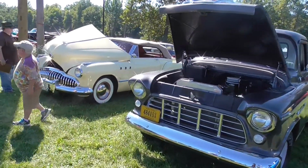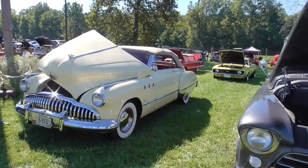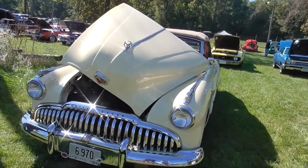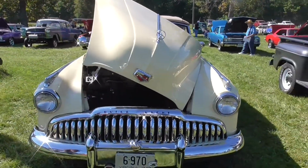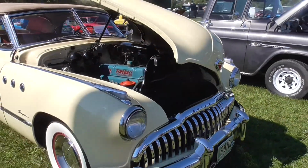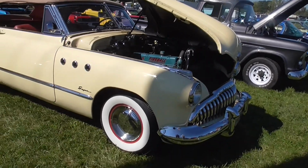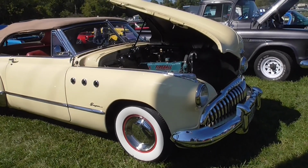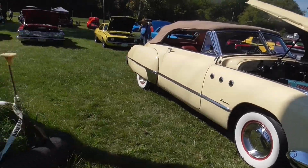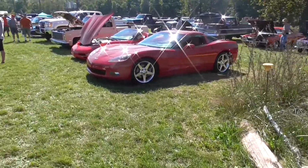Oh, look at this Buick here. Back when the hood's open. Oh my God. I love this '49. What a beautiful, beautiful car. I would like to say a Rain Man type car. Drop top. That is the definition of a classic right there. Hey, it don't get no sweeter than that. Love it. A lot of nice cars here, Guy, but